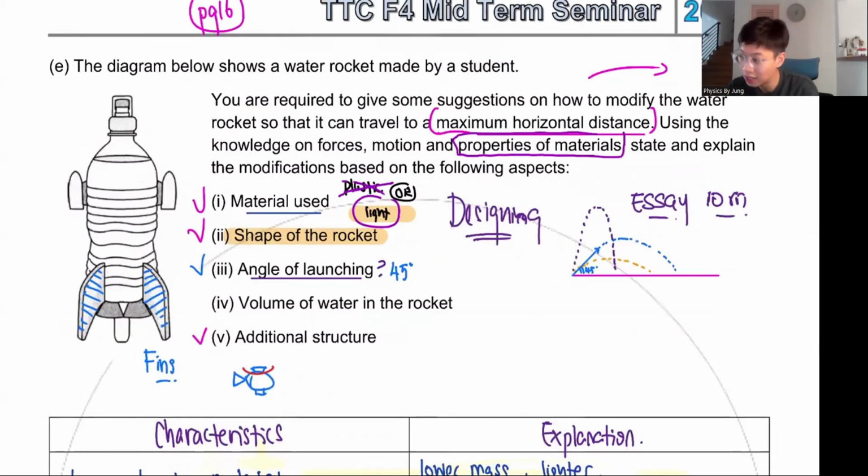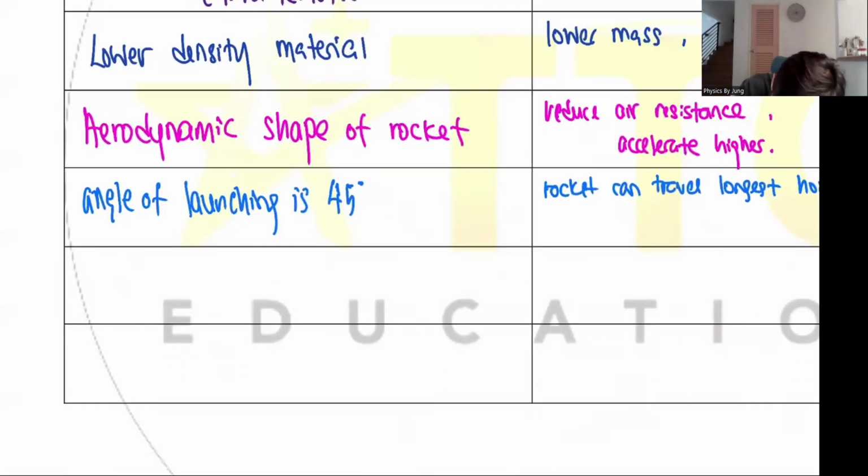The same thing applies. Imagine when this rocket flies upwards. Do you want your rocket to spin as it moves? Is spinning a good thing? The answer is no. Why is it bad? Because when you spin, you actually waste energy to do the rotation. So we want the rocket to fly upwards and not spin. So put additional fins on the rocket.